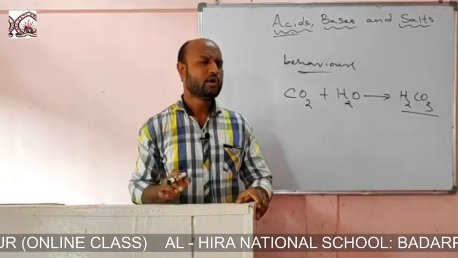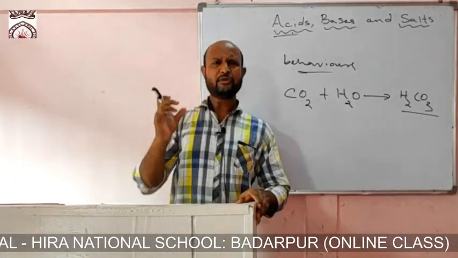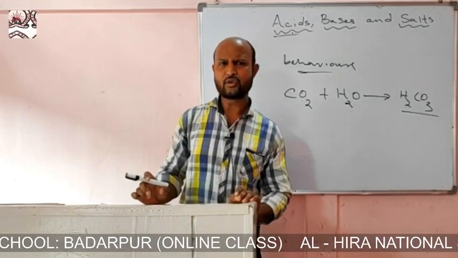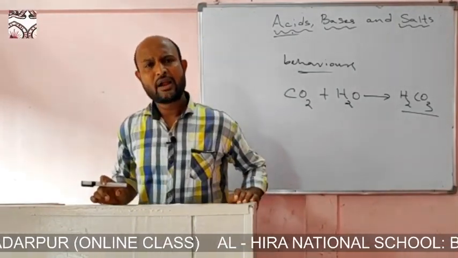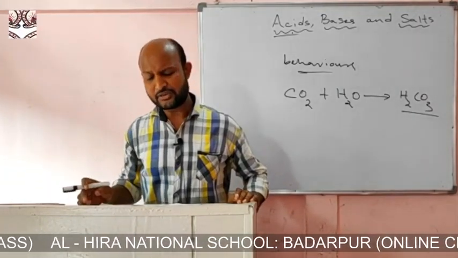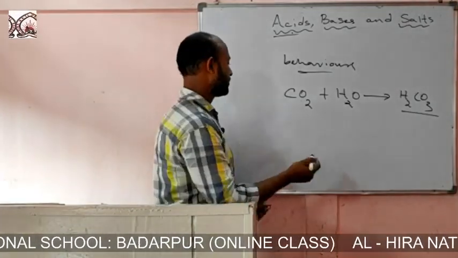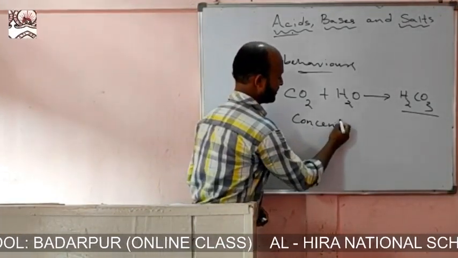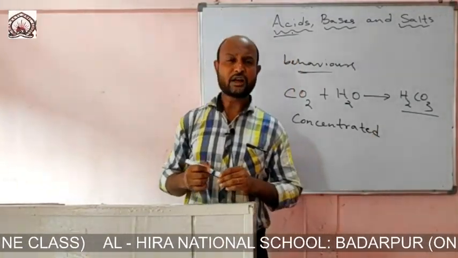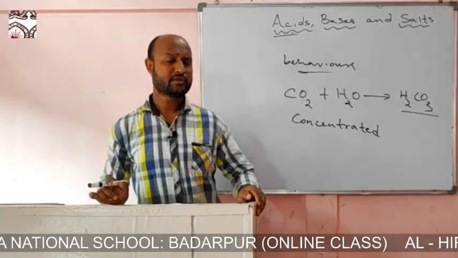Now let us learn about what are concentrated and dilute acids. Concentrated and dilute acids are two different kinds of acids. Concentrated acids are those which have a large amount of acid. That means the solution is saturated, or contains large amounts of acid, and such acids are called concentrated acids. But if the solution contains a very small amount of acidic substance, then it is called a